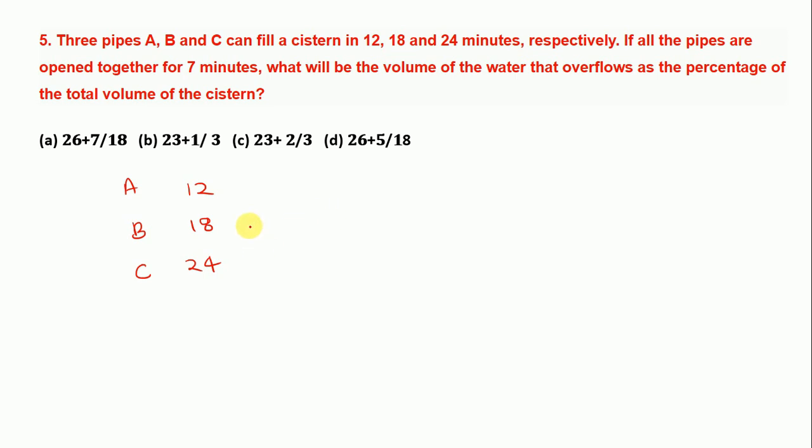First of all, we have to take the LCM and LCM will be 4 into 3. 6 is common in every digit. So we will take 6 into 2, 6 into 3 and 6 into 4. So 3 into 2 is equal to 6 into 6 is equal to 36 into 4. It will be 144. So LCM will be 144.